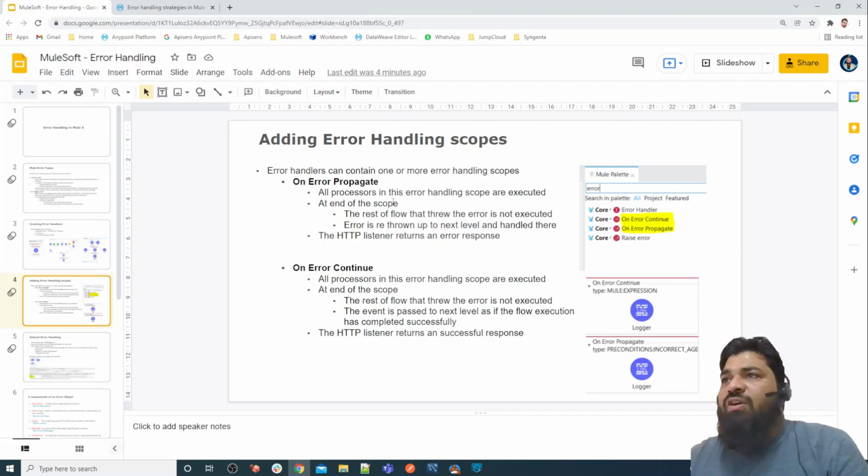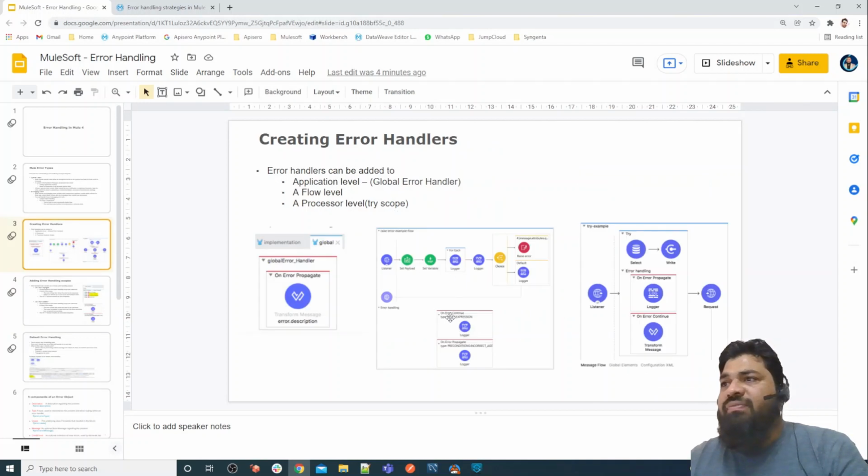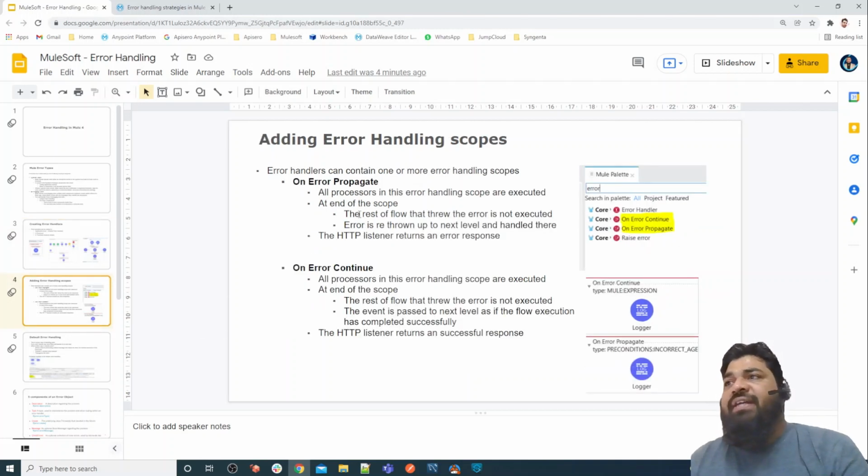Let me read: all processors in the error handling scope are executed. What does it mean? It means that in error handling, suppose there is an on error continue or on error propagate, however many processors we have written here, all processors must execute and then propagate the error to the upper level, or we can say the default level. But in case of on error continue, the error will not be thrown.